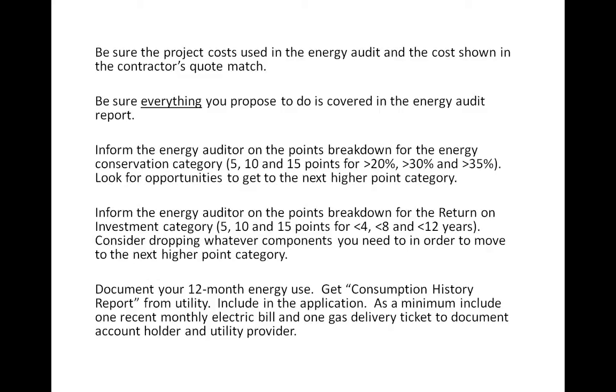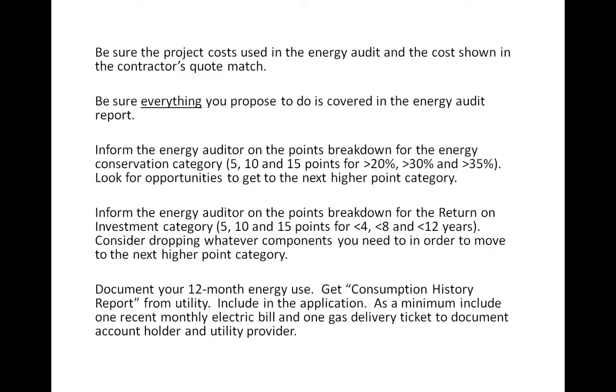If you're above that 4-year payback period, if you're 5, 6, or 7 years out there on the payback period, look at your overall project, and of course the audit report is going to include a table that is listed in order of all the retrofits that are being proposed, with the top item in the table having the shortest return on investment. The bottom item is going to be the longest return on investment. So start cutting off items on the bottom until you can get under a 4-year return on investment.